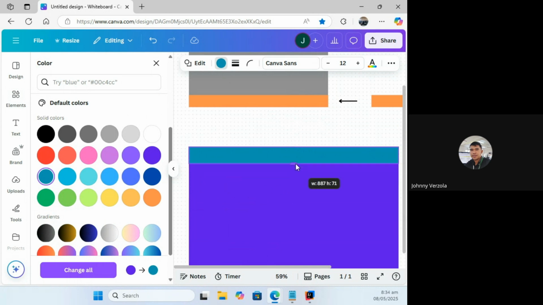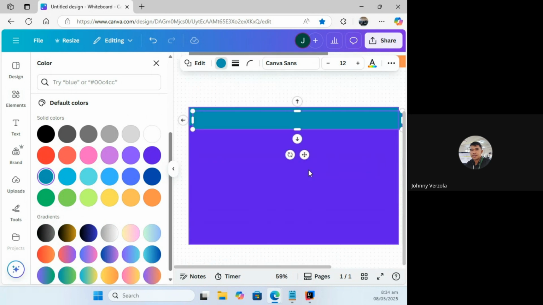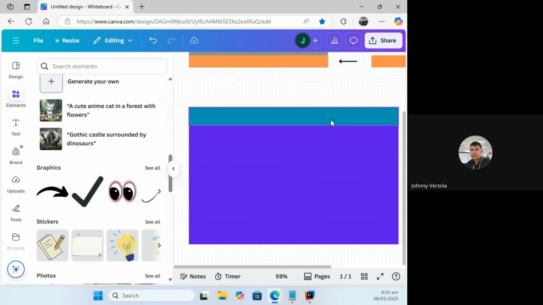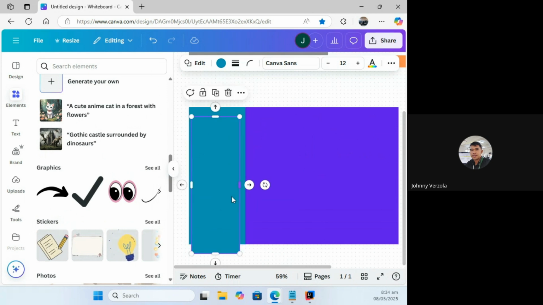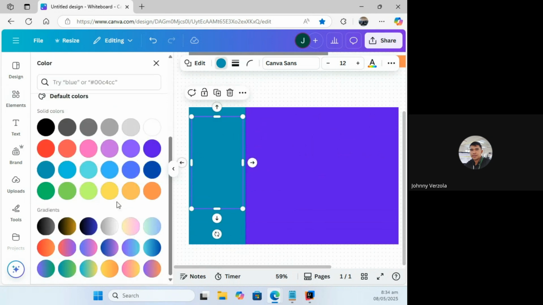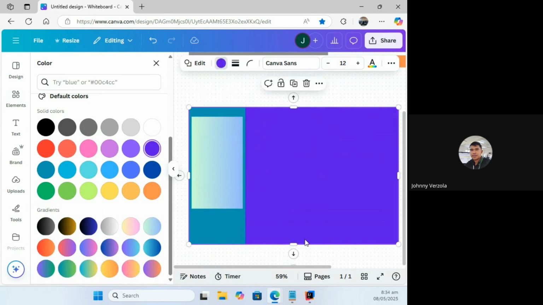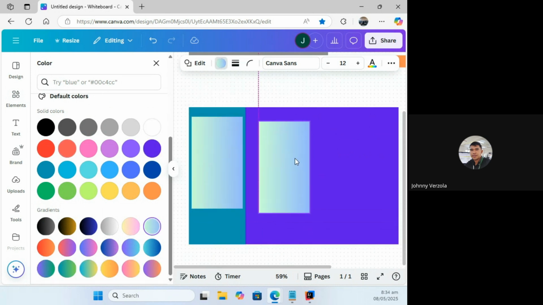Ayan. Then I'll create a, hindi pala ganito yung layout natin. Sorry. I'm just going to abide with the layout that we're going to create. This is the sidebar. Okay. Then we have there the menus in here. Those are the menus. And I'm just going to change its color. Say it's this. Okay. And then I'm going to create a placeholder.